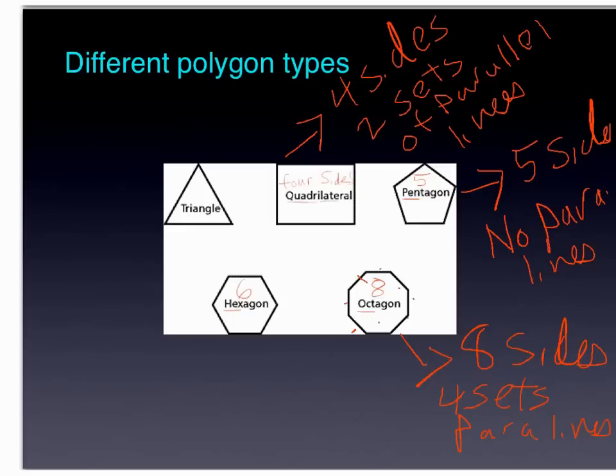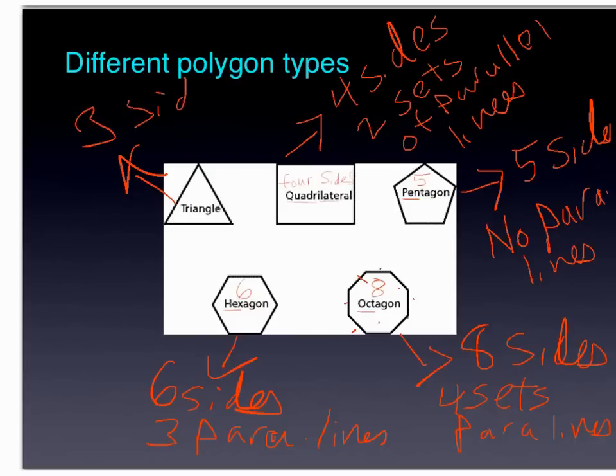Okay, and a hexagon: 6 sides and 3 parallel. Oops, I meant to abbreviate it. Para lines. And a triangle: 3 sides, no